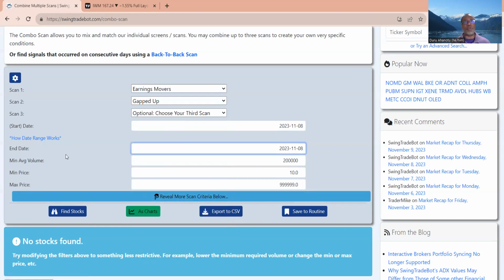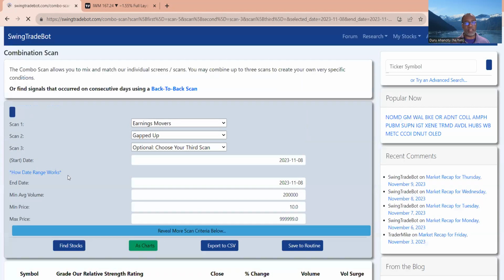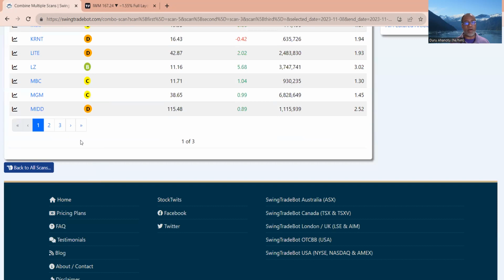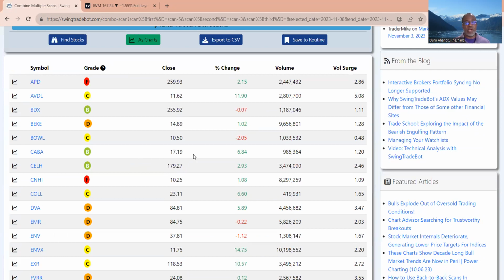And what's particularly powerful about going before it was clear that a bearish turn had happened in the market is that some of these stocks could be indicators. Stocks that have this kind of behavior when the market's still strong, you should consider particularly vulnerable. Okay, so now I click on find stocks, and let's see what kind of candidates we have. Wow, I have a lot of candidate stocks, 3 pages worth. So let's just go through a few and see whether